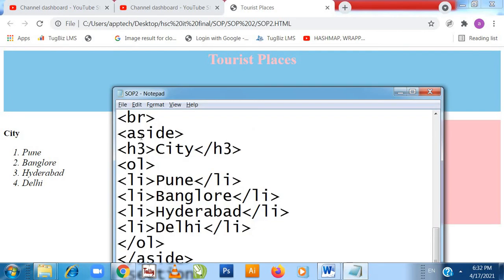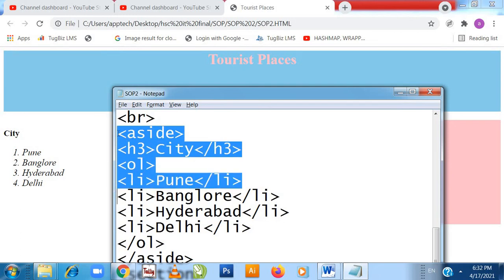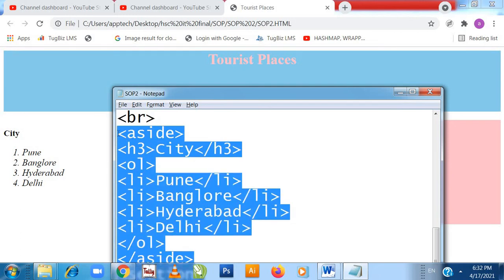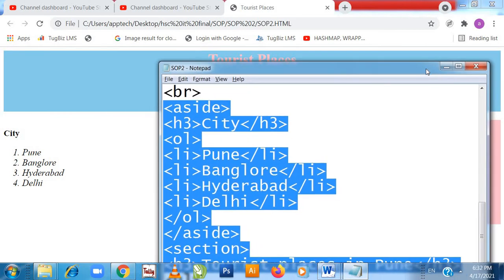So your aside tag was open over here and the aside tag closed, and I have written in the ordered list. Now after the aside property,